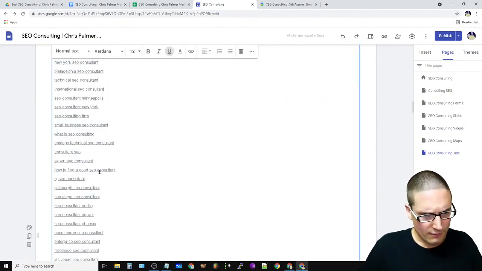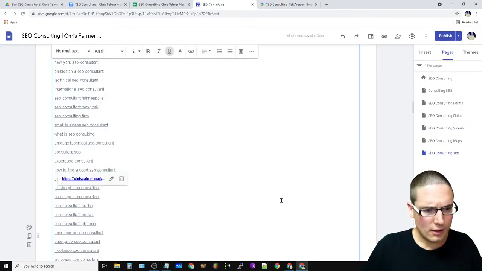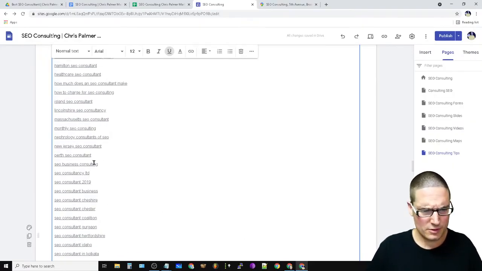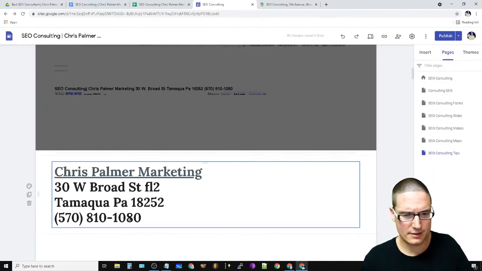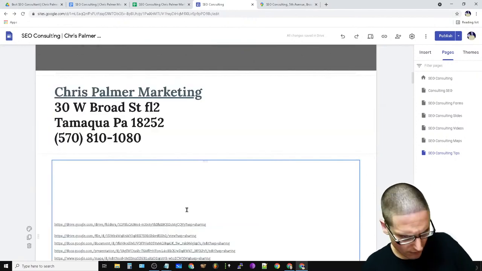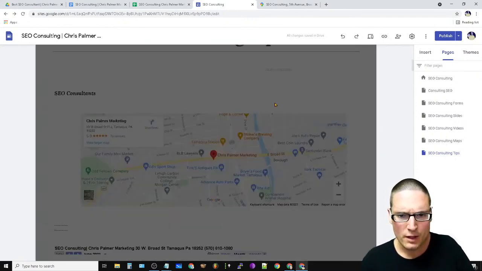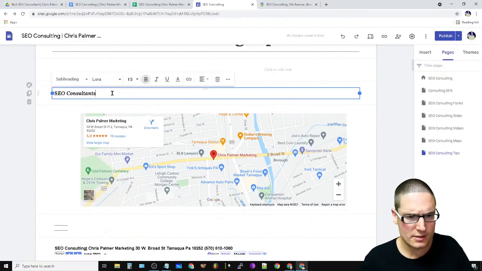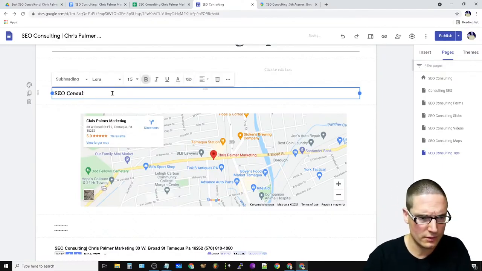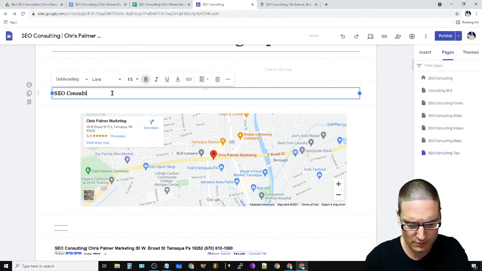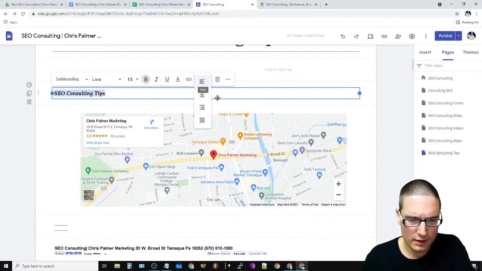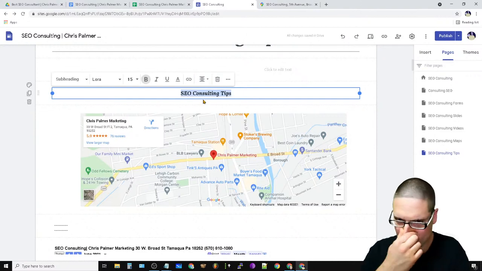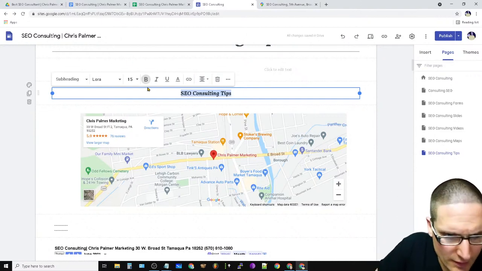All right, so we have our hot links. Let me make sure that these are right. Okay, because for some reason it was using something else, and that was making me very sad. All right, so that's done. We have the divider. That's done. Name, NAP. This is inside of here, SEO console, and this is the subheading, consulting tips. And then we can make it look real, like we care, I guess. Make that bold.